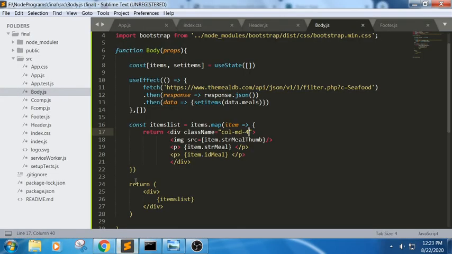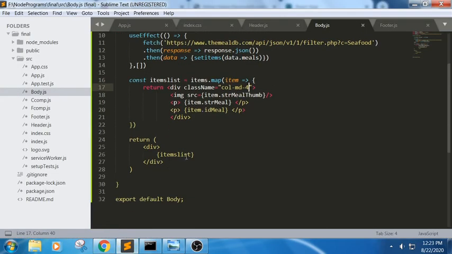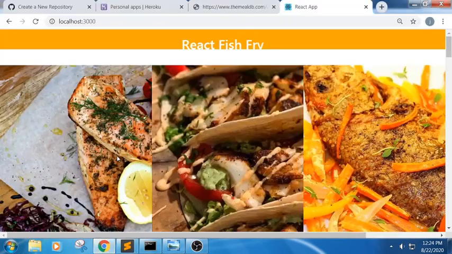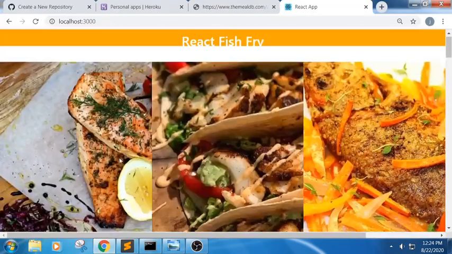Now in order to make sure this item should be displayed in a single row, placing a column will not give us the desired output. Let me place this in a row. Class name equals to, don't forget to keep a row here, row space empty-5. When we write this empty-5, we get the output in this way.